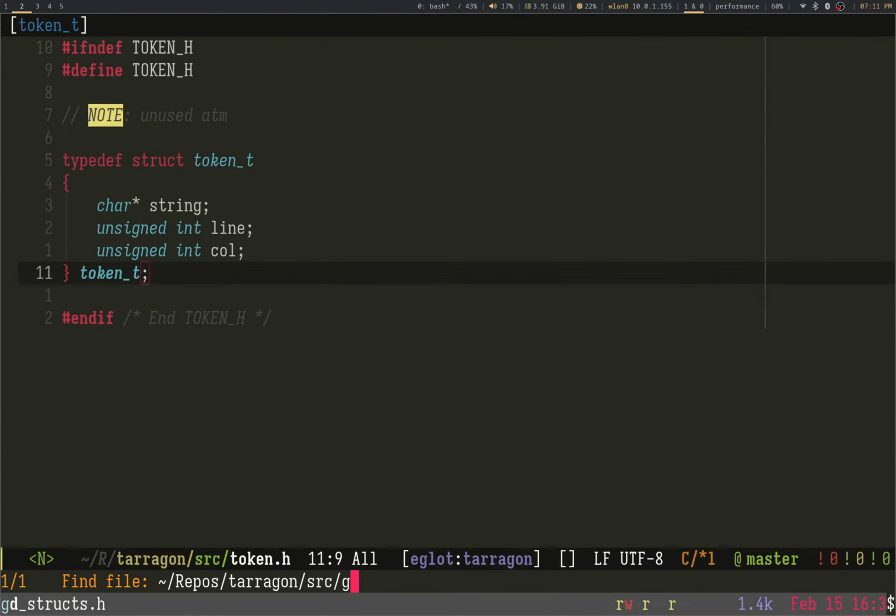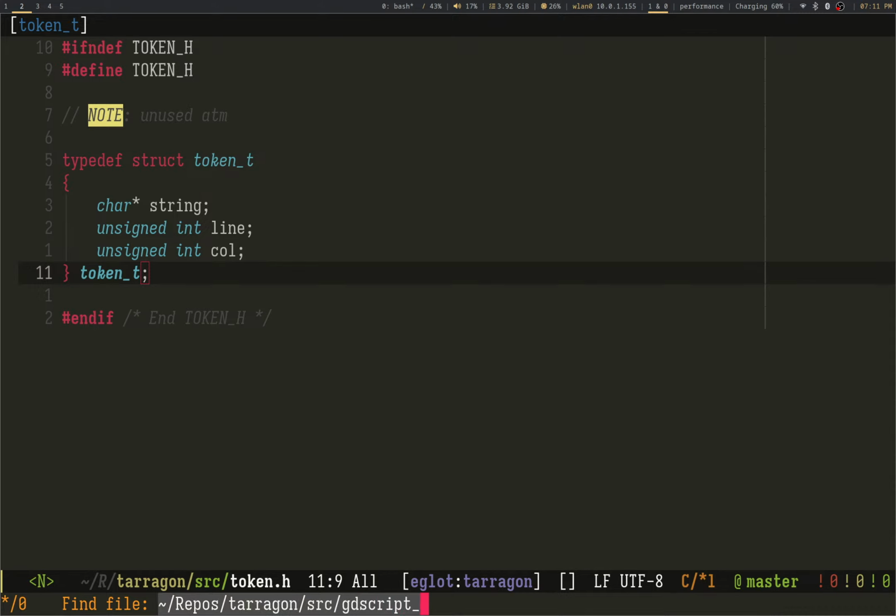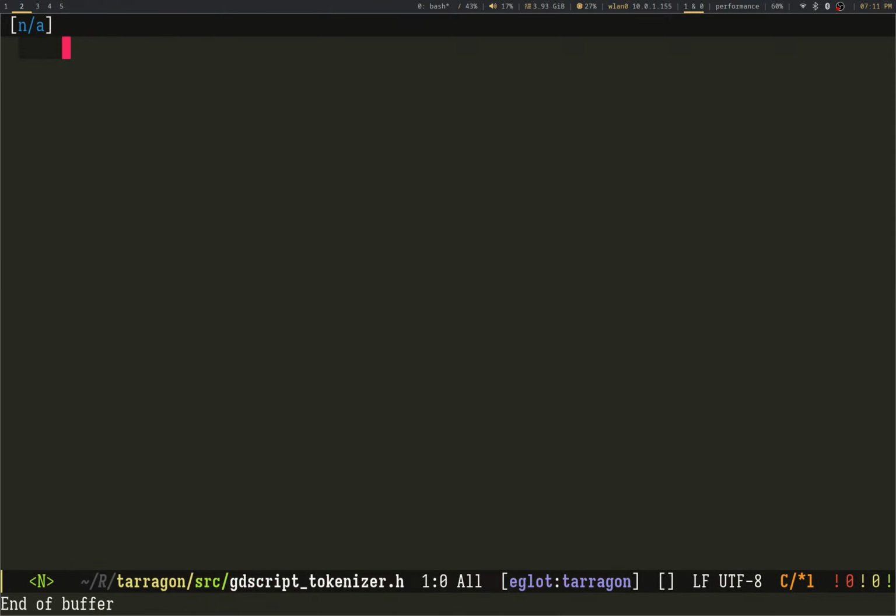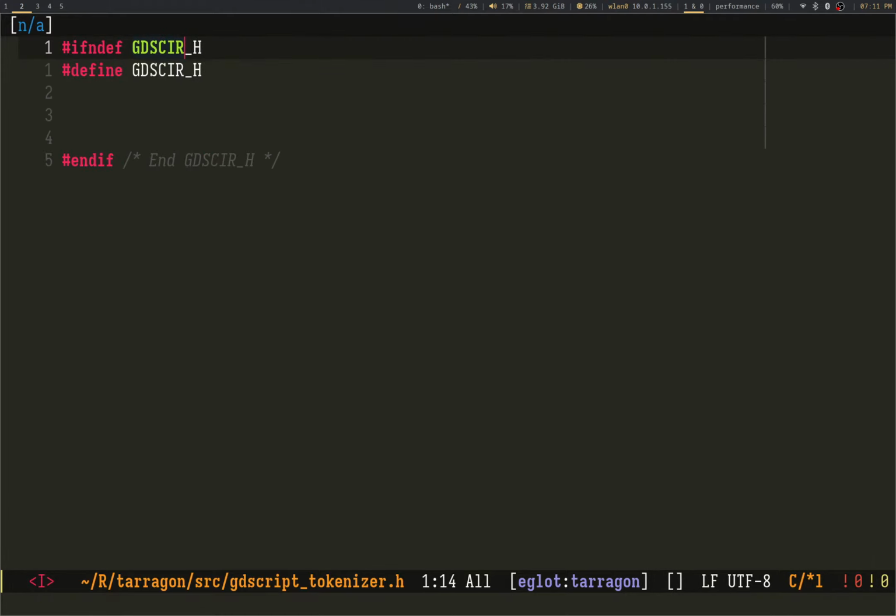And so let's go into GDScript. I have a JSON tokenizer that I will be cribbing my notes off of, and let's see if I can spell.